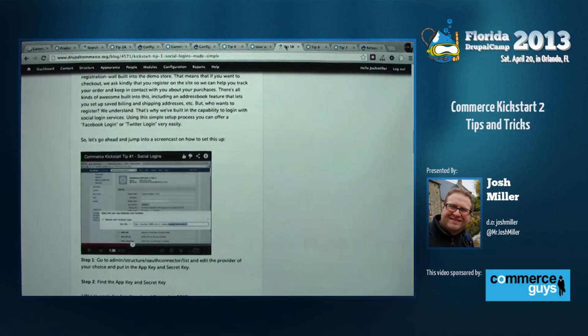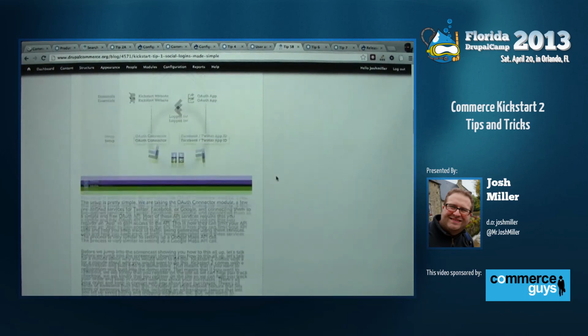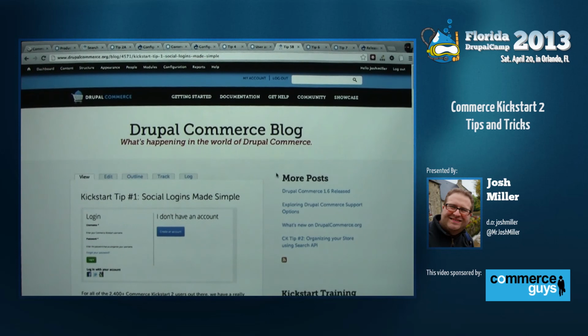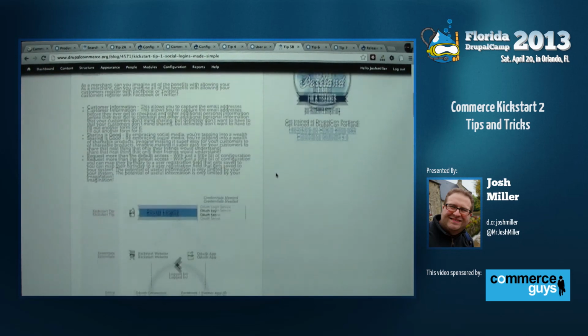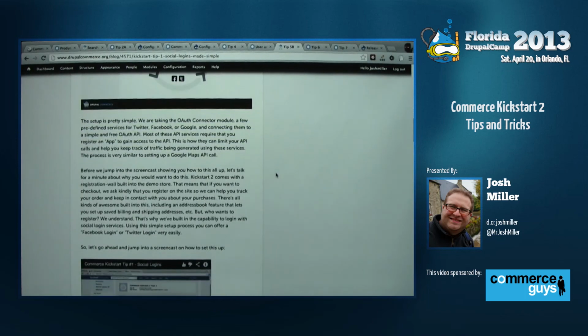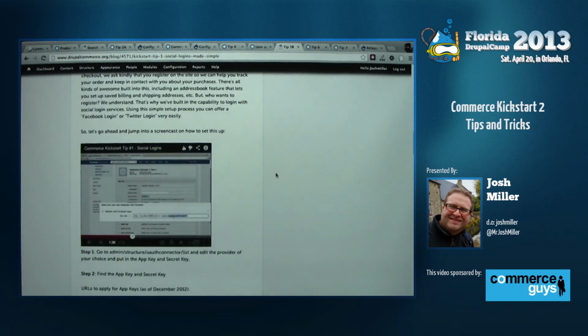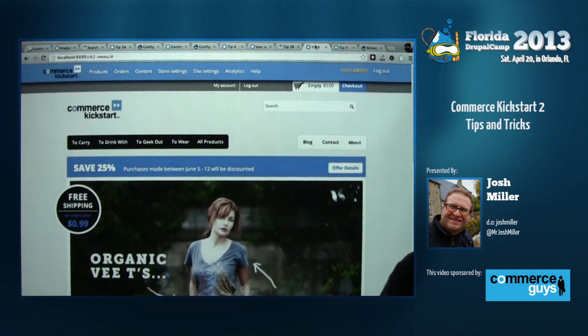Oh, by the way, before I forget, this is the blog post on DrupalCommerce.org with a bunch of documentation, fancy graphs, and a video. We try to help people use the tools that are out there. So tip 6,